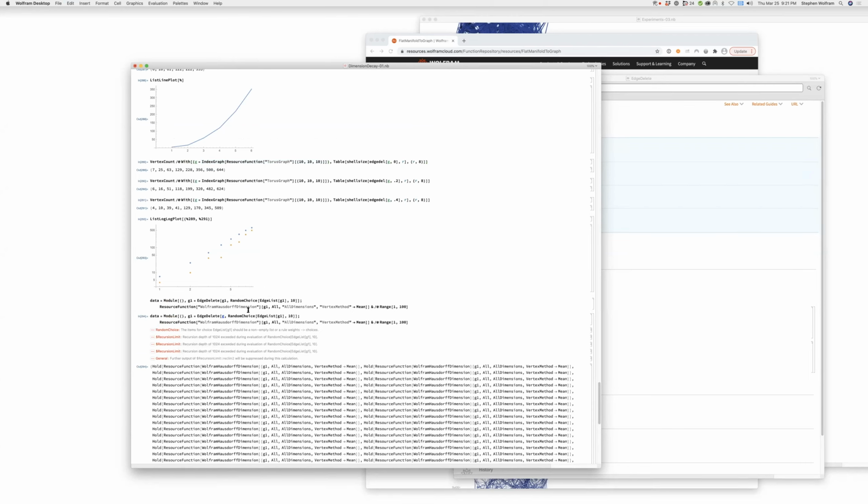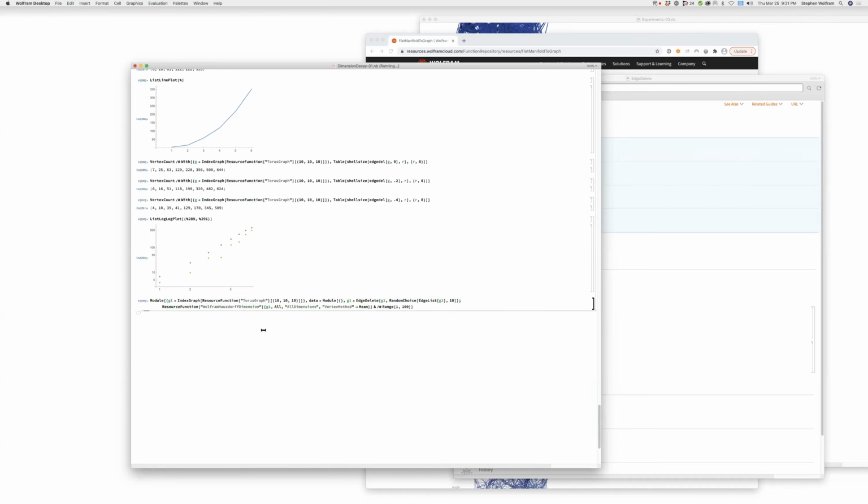G1 is a graph here. Yep. I can't say that. I have to say module. G1 equals. Well, you're deleting only 10 edges. So I was deleting